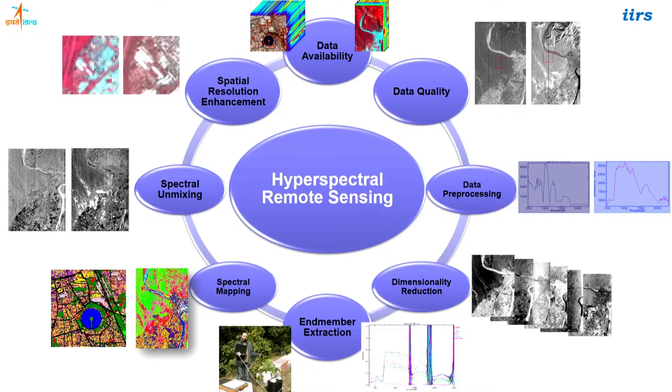Then after, you have to go for pre-processing, do certain error corrections, and convert that ultimately to reflectance. And as you have an excessive number of spectral bands in the data, you have to perform data dimensionality reduction, which is one of the essential steps for end member extraction. End member extraction is the step where, whenever you have to identify any unique material, you have to extract end members, either using your image, or using instrument-based techniques to collect the ground spectral reflectance curve. And then after, you have to go for the spectral mapping, and you can generate the unmixing,